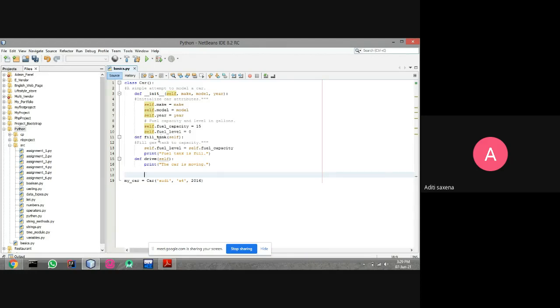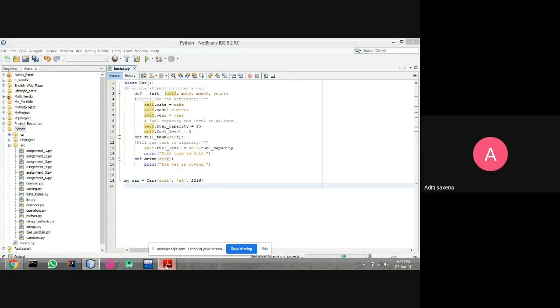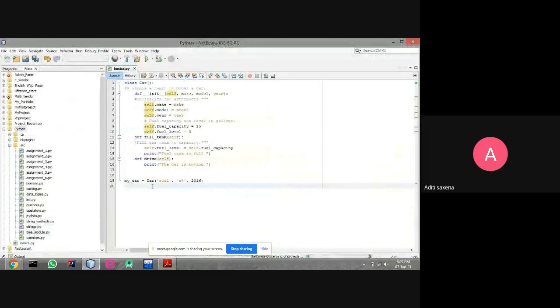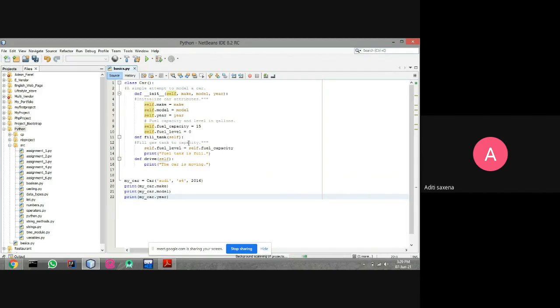Now I want to call the functions of this car class. I can call these methods of the Car class using my object. We could also get the values for make, model, and year.